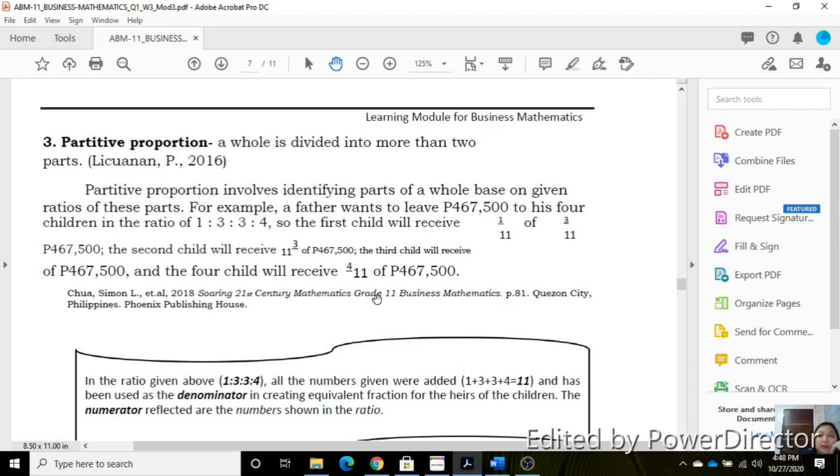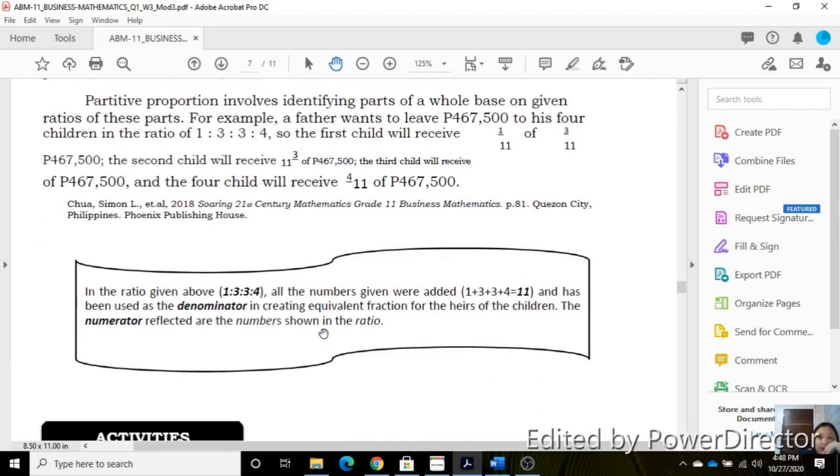Siguro, tingnan natin, paano mo ba makukuha ang denominator nun? So, you add those ratio, 1 plus 3 plus 3 plus 4, so, equals 11. So, ang denominator mo ay 11. So, magiging sagot mo ay the first child will receive 1/11 of